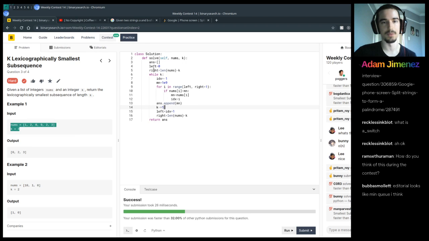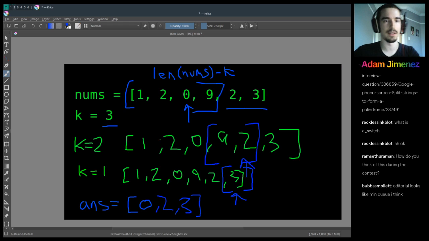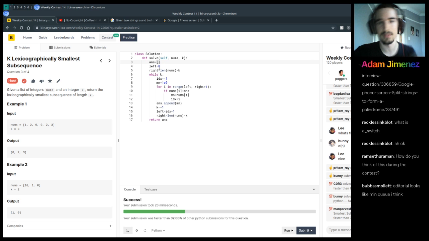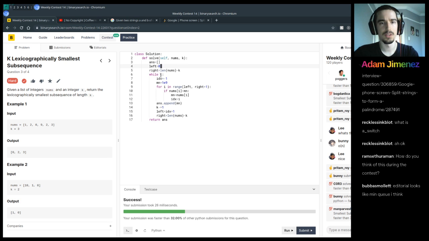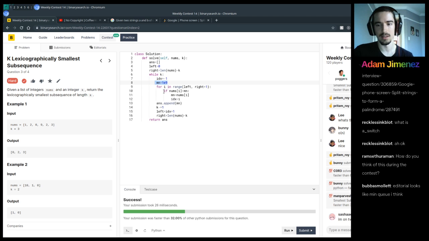So we can look at the code. Here I have my answers array, this blue thing I drew out. Left is the left bound for our blue interval here. This is our left. And this is going to be our right bound for our interval. So, length of nums minus k. While there are numbers left to be picked, we keep track of the index of the smallest number